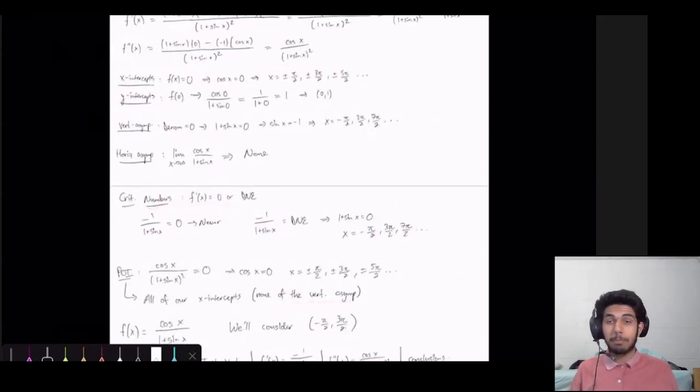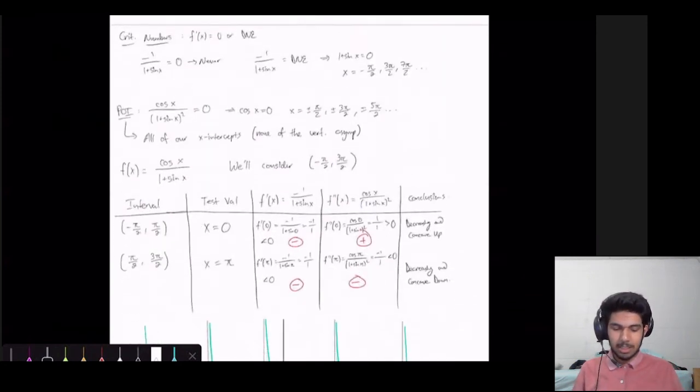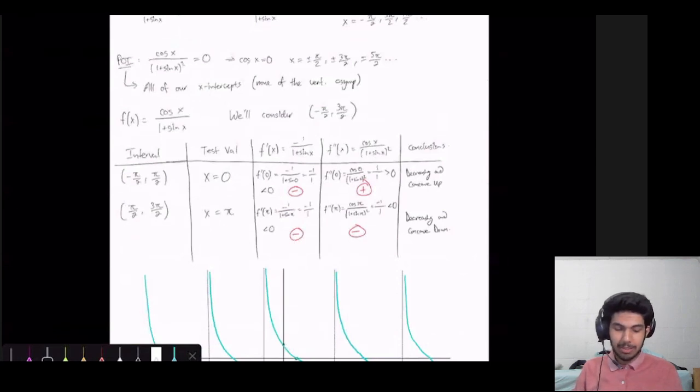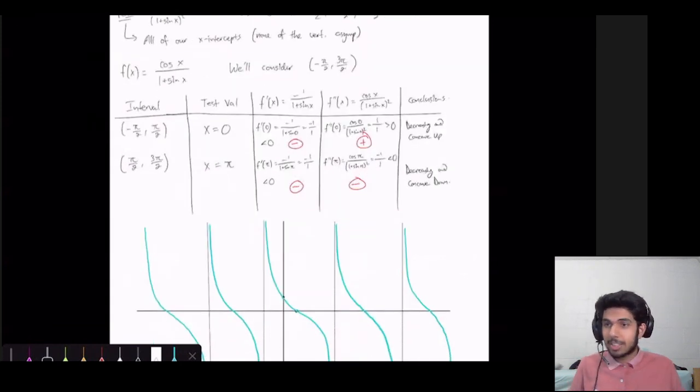And remember, it's better to break up your intervals more than less, because if 2 intervals tell you the same thing, like if this first interval tells you to be decreasing and concave up, and your next interval also tells you to be decreasing and concave up, that's fine. That's perfectly okay. It's better to do that than to not break it up as much. All right, so that is curve sketching, which took